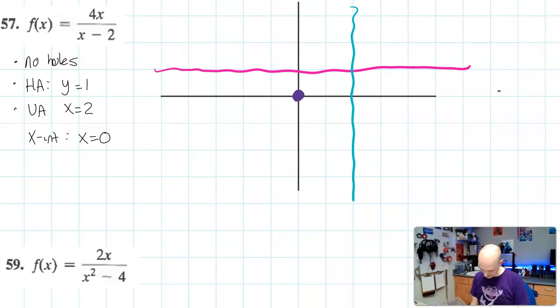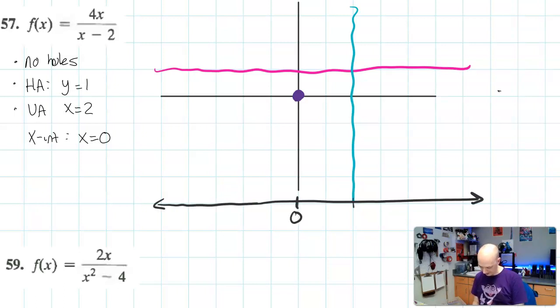Now I'm going to plot with signs, and I feel like this is going to be very similar to the last one, but just to check on the method of plotting with signs, I construct a little number line underneath. I plot the two boundary values of 0 and 2, and I need to test hypothetical values. So hypothetically, if I'm testing maybe -2, I would have a negative on top and a negative on bottom. So the net sign would be a positive, which means that on this part of the graph,